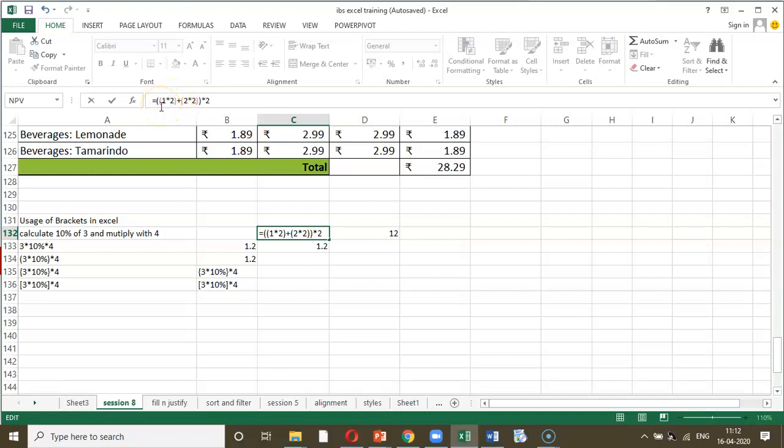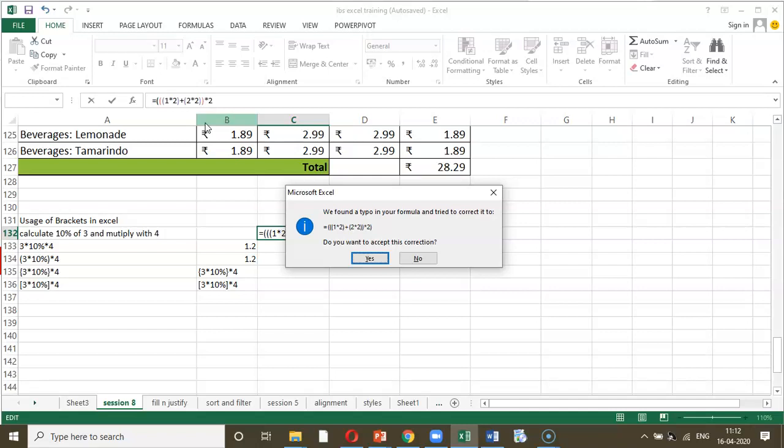By mistake, if I add one more bracket, let me add a round bracket. If you observe, it takes another color. So now this becomes black, then I have red and then blue. This coloration is given in distinct colors in order to understand that you have not closed another bracket. So if I just press enter, it says that your formula is not correct and we cannot accept it, or you can say the formula is not complete.